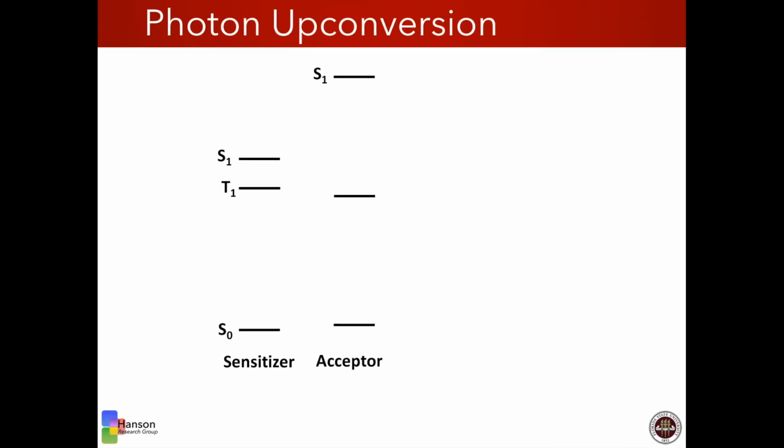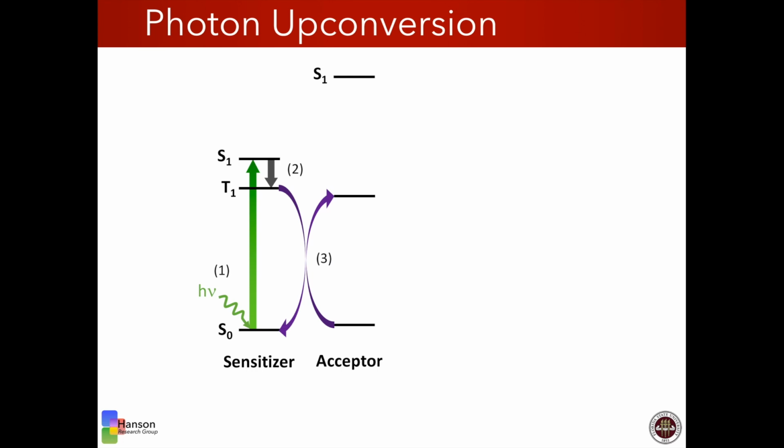Photon upconversion is a process that consists of a sensitizer and acceptor pair of molecules, whereby the sensitizer is excited to its singlet excited state with low energy photons. It then undergoes fast intersystem crossing to its triplet state and can transfer this triplet energy to a nearby acceptor